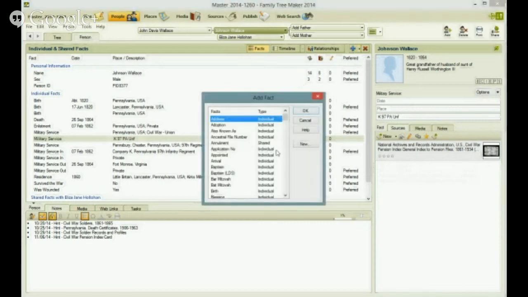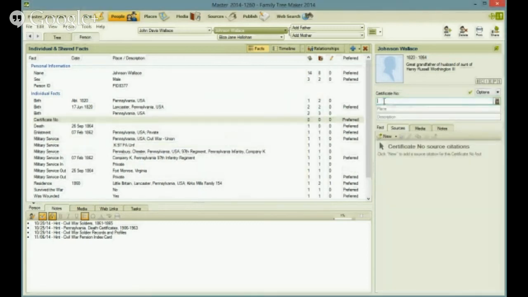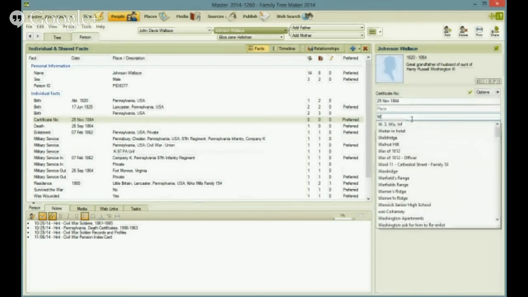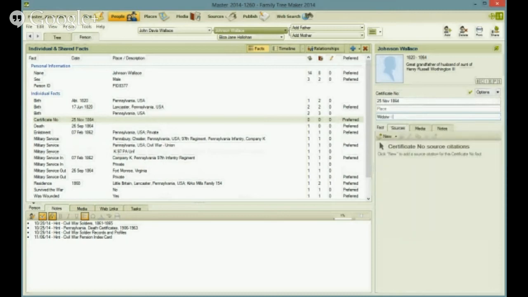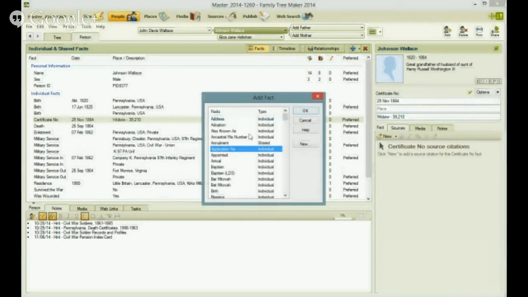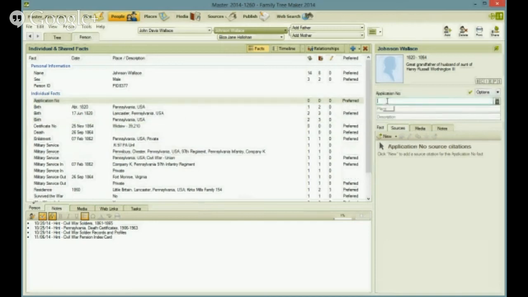Now there's two other things that I want to pick up off this document. I have a certificate number. The date on the record was 11/25/1864, and on the image it told me it was a widow, on the widow line, and the number was... And you're doing her final certificate number, which is what we need. Yes, that is the certificate number, but I also want to get the application number, which is another custom fact that I created, because these records I didn't recognize an application fact versus a certificate fact. They were ones that I added